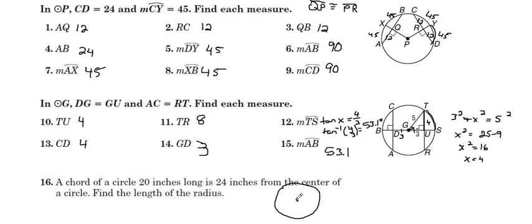Alright, we know the distance from the center is 24. That's how much it's measuring, and we know this chord, let's say it's this right here, we know that is 20. So if that distance is 20, we're going to be cut in half right here at 10 and 10, and then